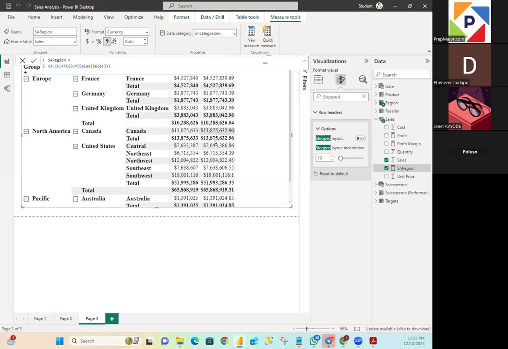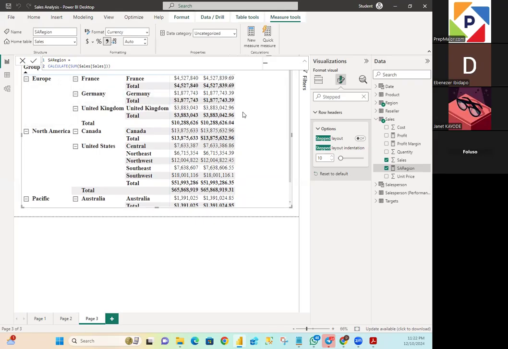What do you think happened here? It applies the grouping. When you say calculate sum of sales, it follows the hierarchy that you put on the system. Do you understand that? Yes. That's why you see it on a regional basis. That's how you see it on a regional basis. Okay? It applies